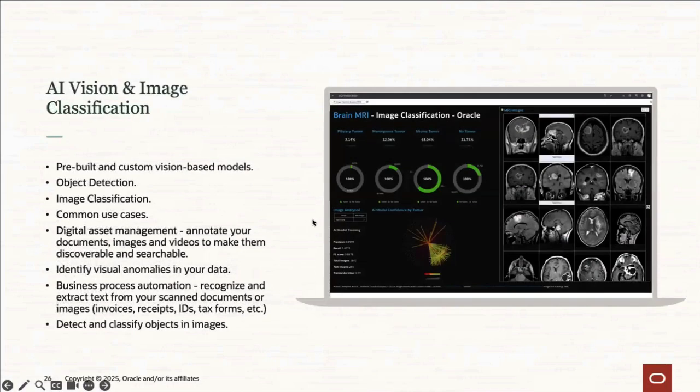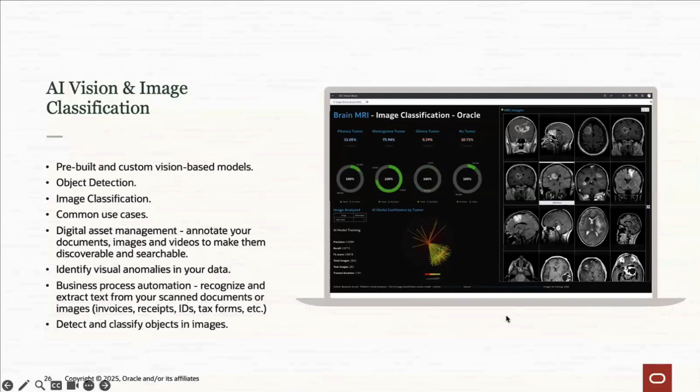For AI vision and image classification, this is going to be almost exactly what it sounds like. It's going to help you detect objects. It's going to be used to classify images. So for some common use cases and some use cases that I've seen, we see here in the little video on the right, we have MRI classification. There have been drones that have gone through sewers and they have used basically vision AI to take a look at this drone footage and see if they actually need to go down and repair the sewers, which has greatly decreased costs and increased efficiency in repairing sewers.